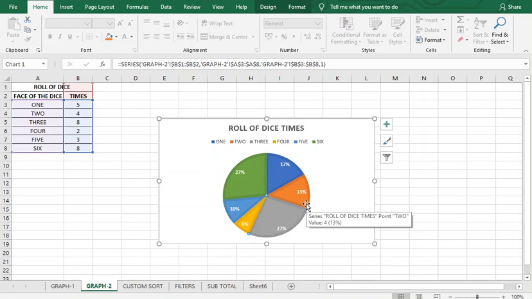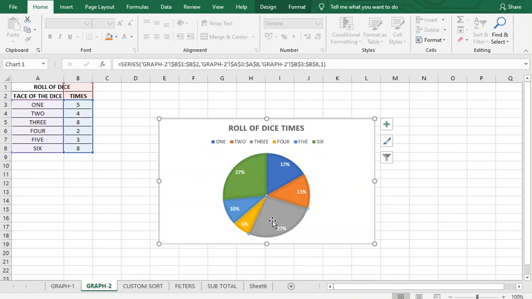This thing you need to always remember. When you add all the percentages of the pie chart, it will always sum up to 100%. So 27%, 27%.